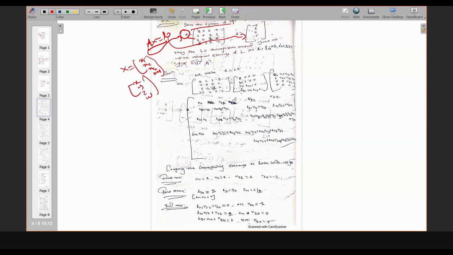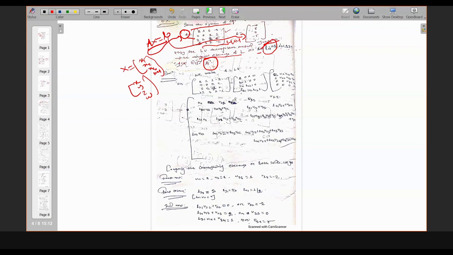Using the LU decomposition method, take all the diagonal elements of L as 1. That means L_ii equals 1 for i equals 1, 2, 3, 4, because it's a 4 by 4 matrix. This is the first step, to obtain the solution of this system. In the second step, you find the inverse of matrix A. So two questions occur for this example. The first problem is to solve this linear system of equations.